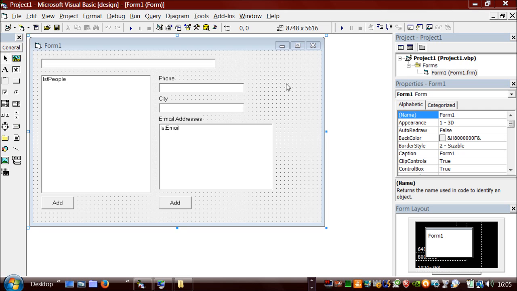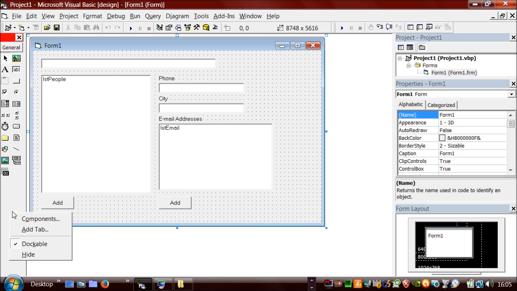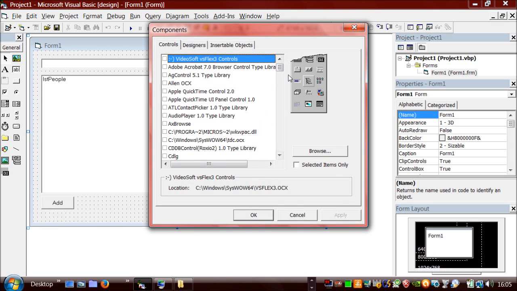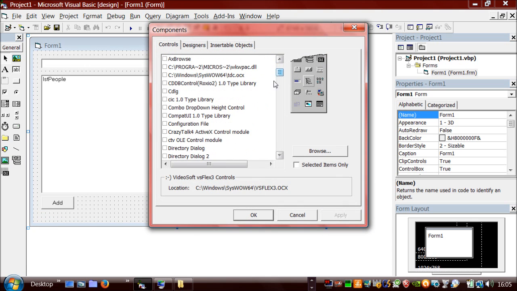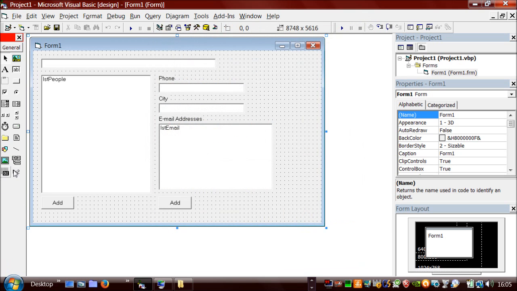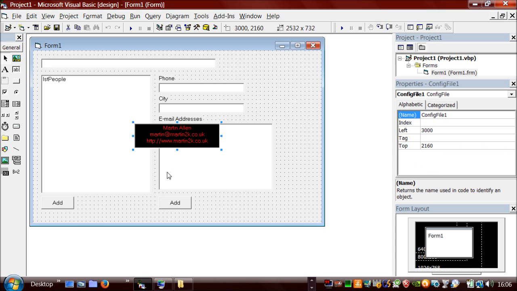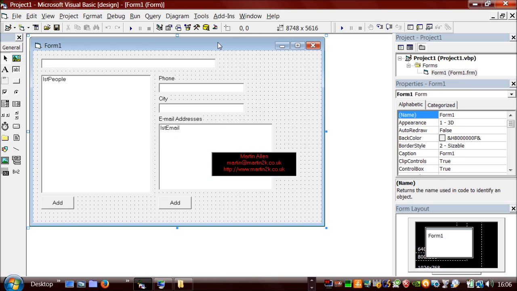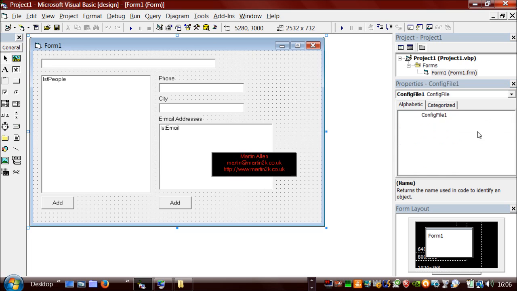This program I've got here is a simple address book, and at the moment it's got no code behind it at all, and the ActiveX control that we need is called Configuration File, and the link to download this can be found in the comments for this video. So I'm just going to add this to the form. I'm just going to call it